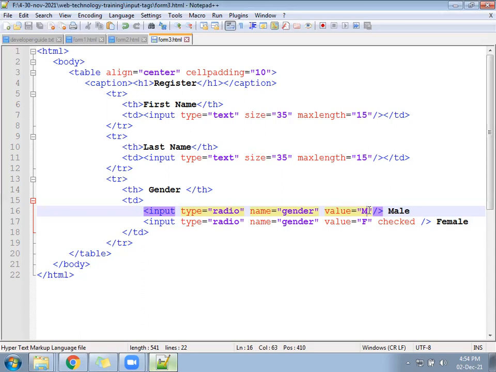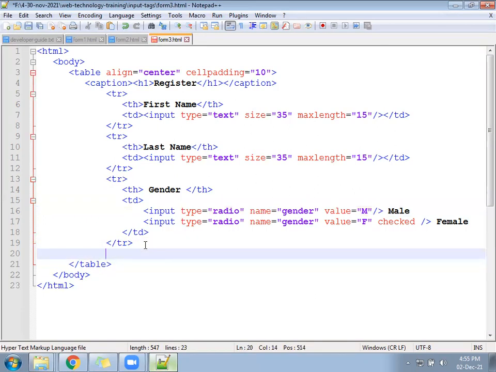Coming down. So for the radio button, how many properties? Two properties. One is called name, another one is called value. You will be making a note of all of them with a one-line definition. We have seen max length, we saw the size, you saw the placeholder, right? Another one we saw is name and then value. Using value, we are setting the default value. Using the checked property, we are making it selected by default. Okay, let's create the radio button. Some more things, then we'll make a note.